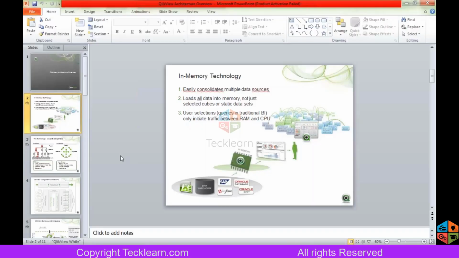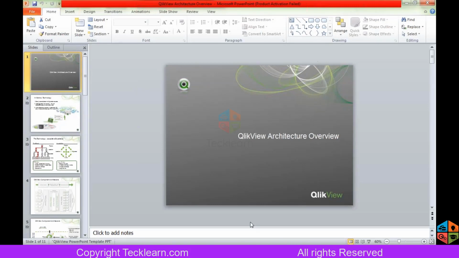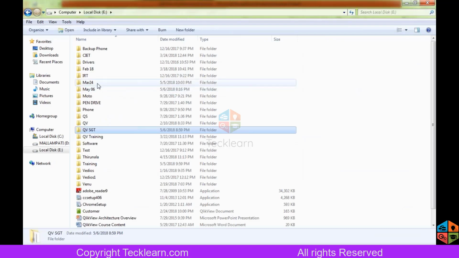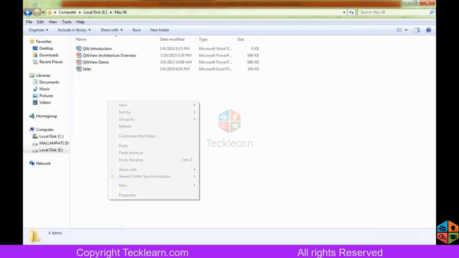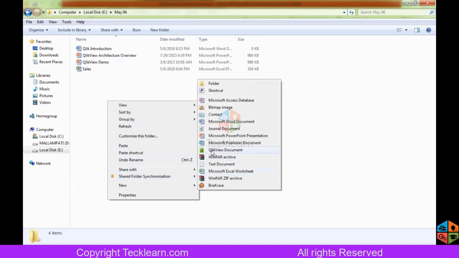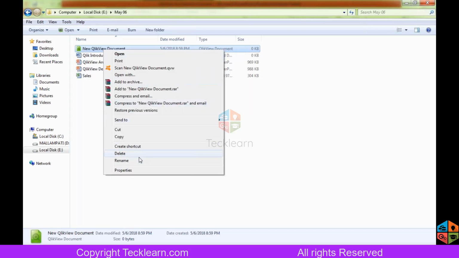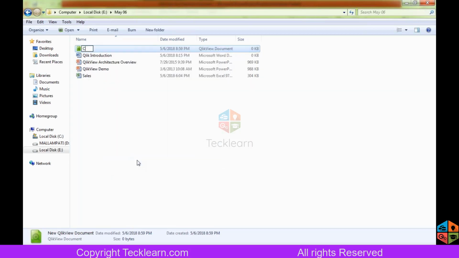So what we'll do is we will create some sample application. Gopal, how do I get a licensed version of QlikView?